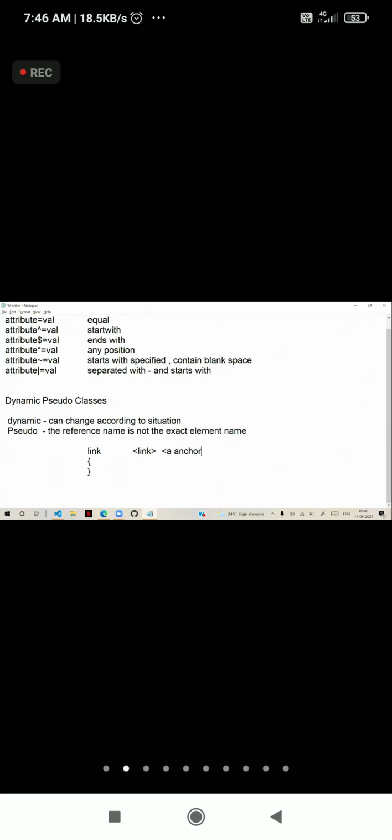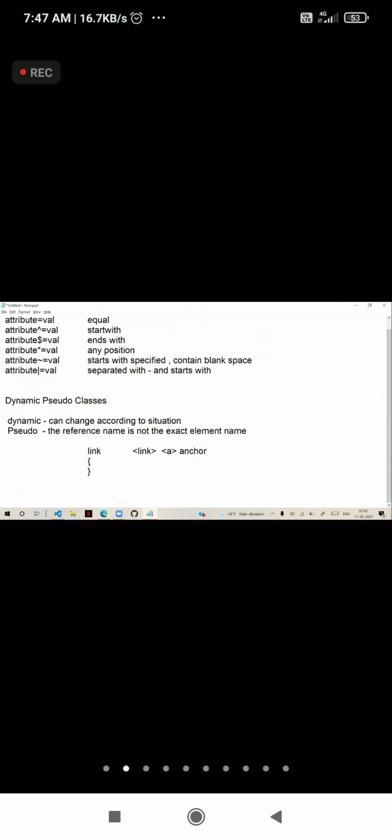A is anchor, it's not link. You know it technically? I told you that. We have a link element actually. A is not technically link. A is technically called as anchor. It is a hyperlink. It's not a link, it is a hyperlink.